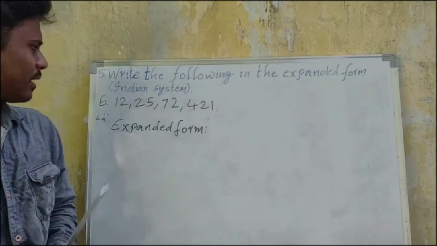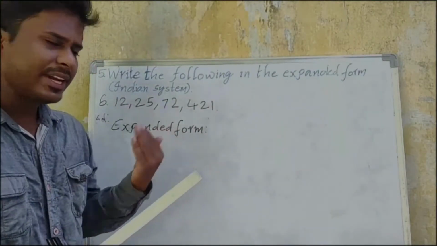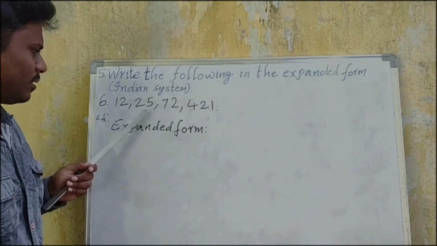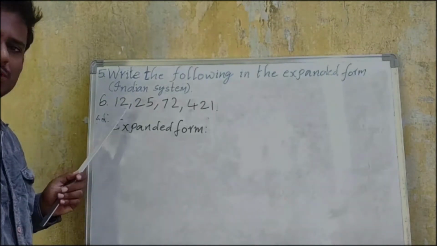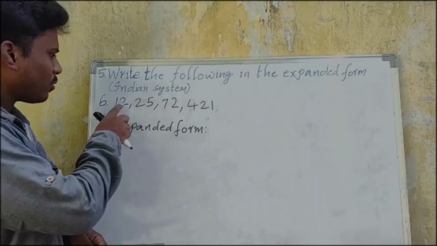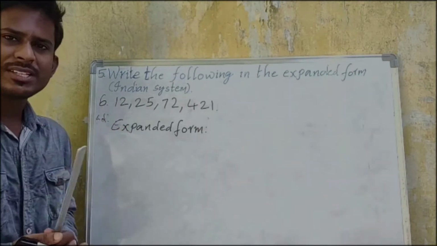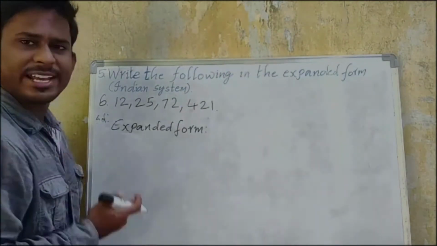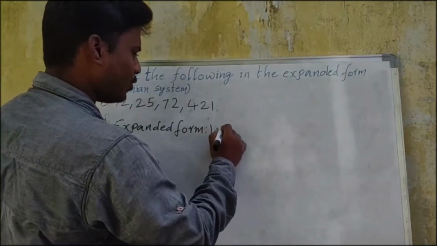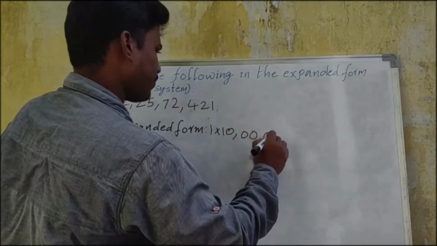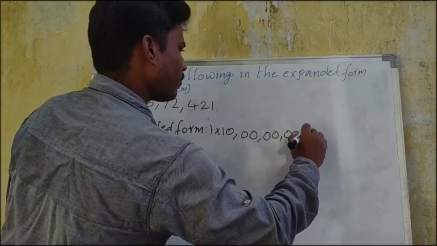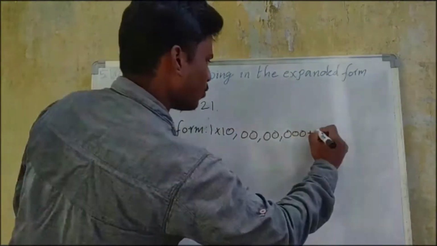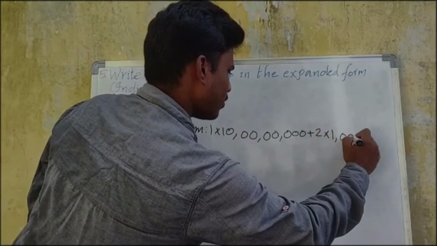Now question B, look here. Let us go for the periods first. This is ones period, this is thousands period, this is lakhs period, and this is crores period. We already know in crores period we have crores and 10 crores. So what is the highest place here? 10 crores. In the 10 crores place, what digit we have? 1. So let us start the expanded form like this: 1 into 10 crore. Okay, plus 2 is in which place? 1 crore place, so 2 into 1 crore.